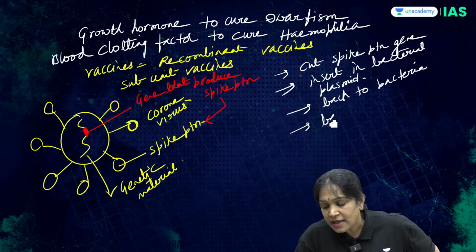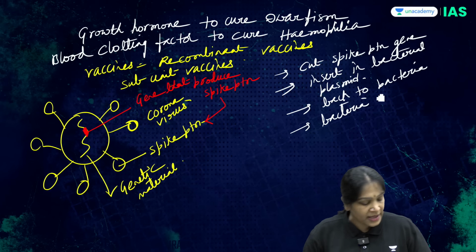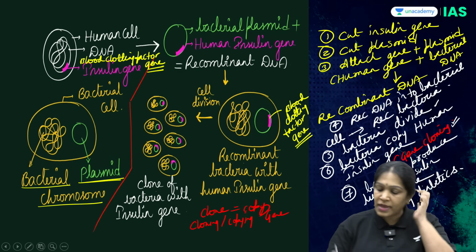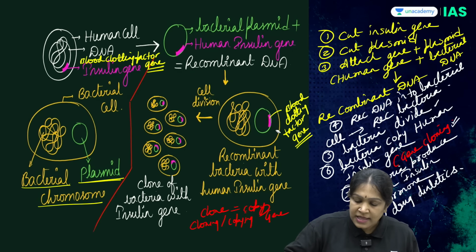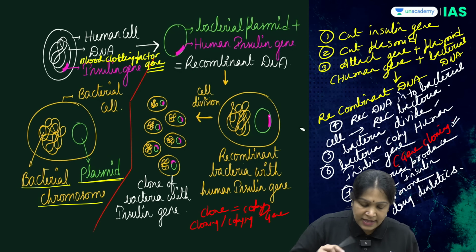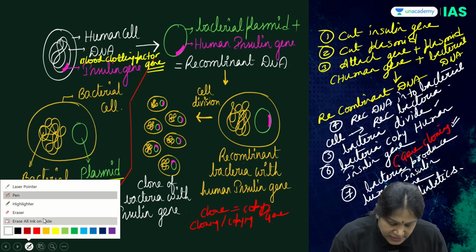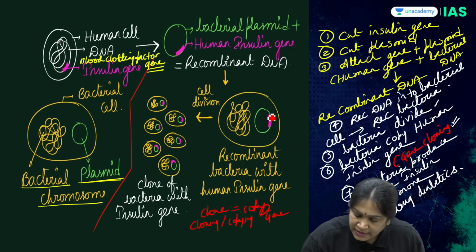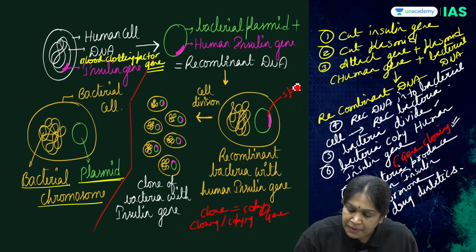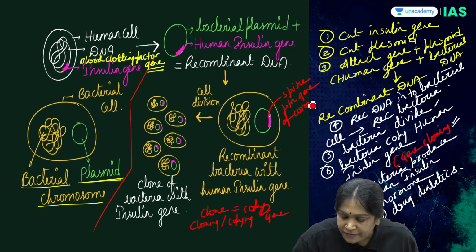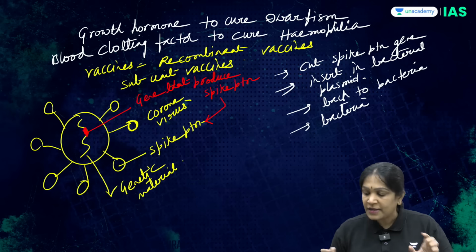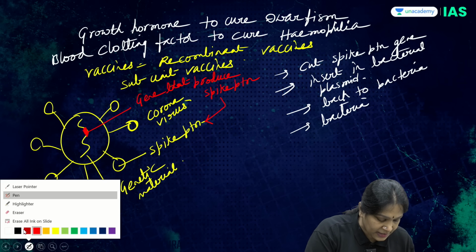Then the bacteria will produce, just like here. Now just imagine if this bacteria contain the spike protein gene of coronavirus, then what happens? Such a bacteria will now produce the viral spike protein,